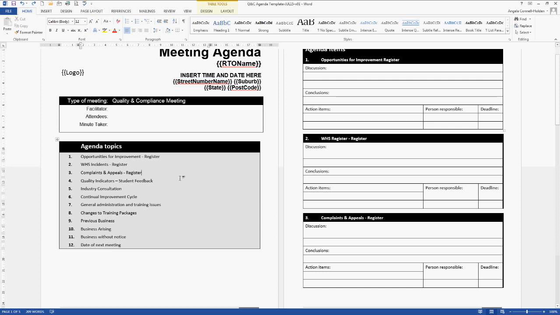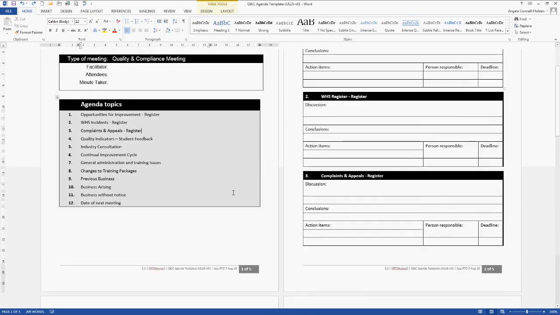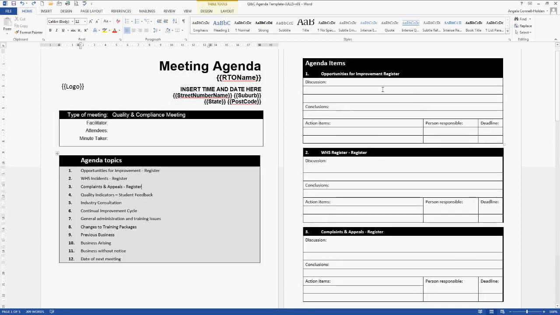Okay, all right, so this is the agenda that we recommend that you use for your meetings. Now, the way I've set it up is you can see I've got here that you can put your discussions in here, and you can actually take this to your meeting and write your notes in here. And we highly recommend that you do that. This agenda list is to be distributed to everyone who's attending the meeting so that they can write their own notes in there as well, and particularly what action they have to take.